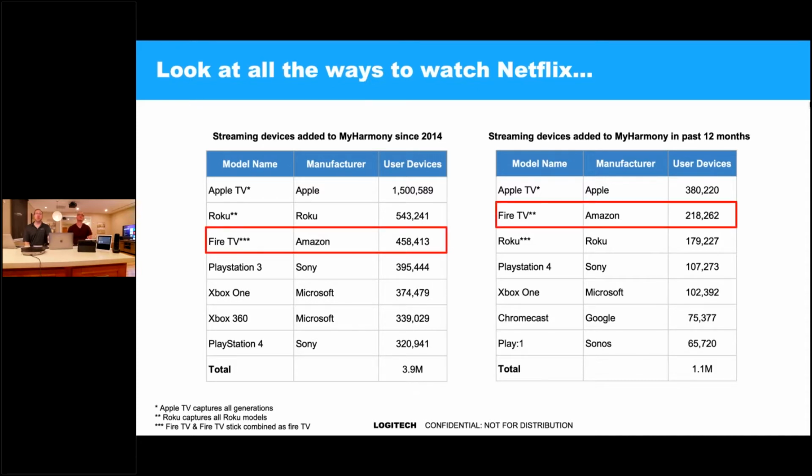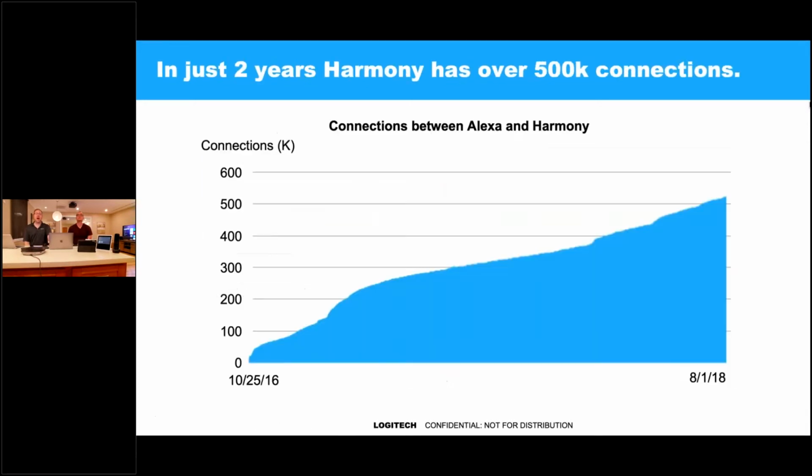What's really interesting, real quick, if you look at just the last year, Fire TV since 2014 has done almost 500,000 units. But in just the last 12 months, we've added 218,000 Fire TVs. That means it's almost gone up 100% just in the last year. And I think a lot of that has to do with Alexa. We can see in here that just in the last 2 years, we've made over 500,000